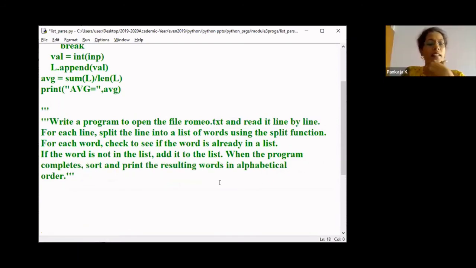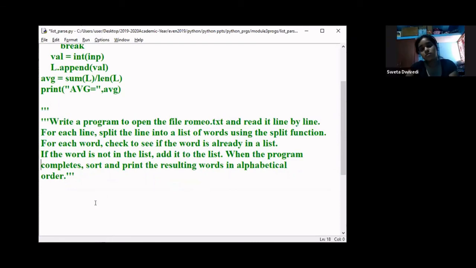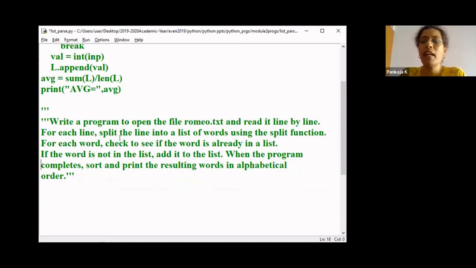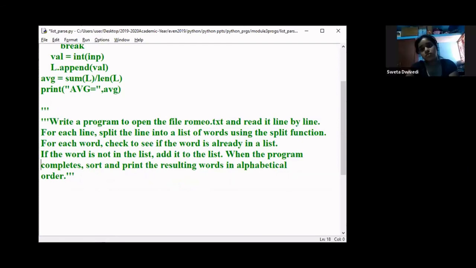Assume that romeo.txt is already there and read it line by line. How do you do that?